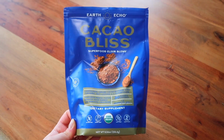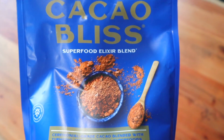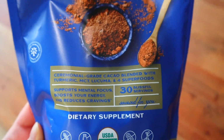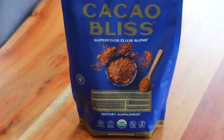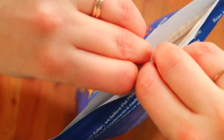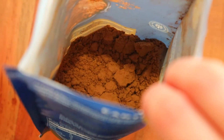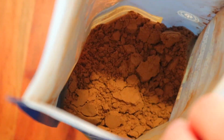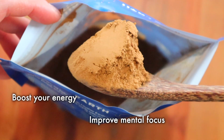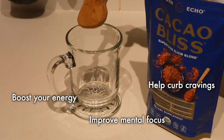Good morning! Today, for my morning cuppa, I'm using this absolutely delicious CACAO Bliss cacao powder from Earth Echo to make this totally scrumptious, energy-boosting superfood hot chocolate. It's made with ceremonial grade cacao powder, MCT oil powder, turmeric, lucuma, I think I'm pronouncing that right, and 4 other superfoods. So this stuff will help boost your energy, it'll help improve your mental focus, help reduce cravings, improve